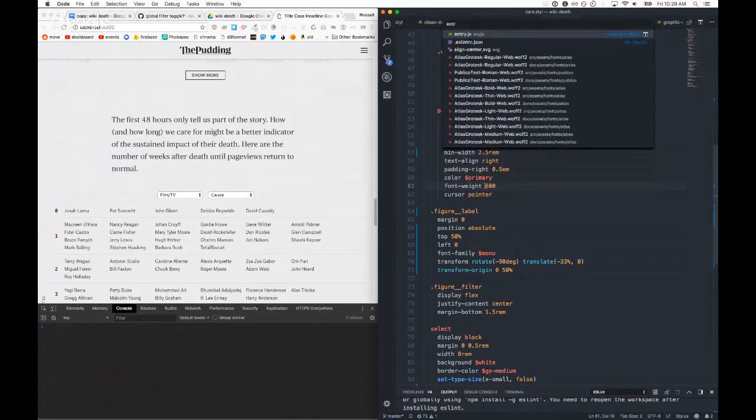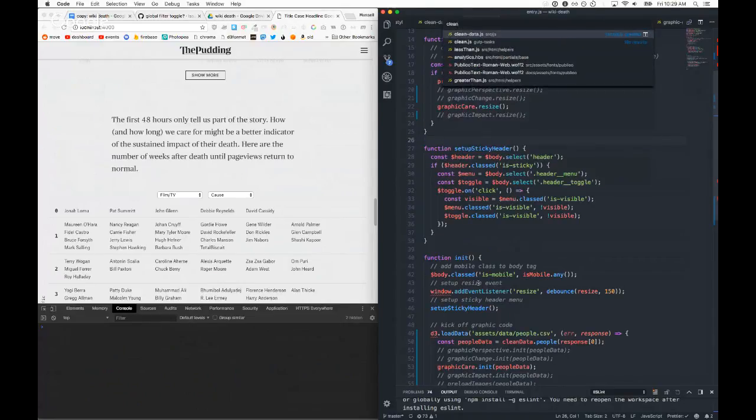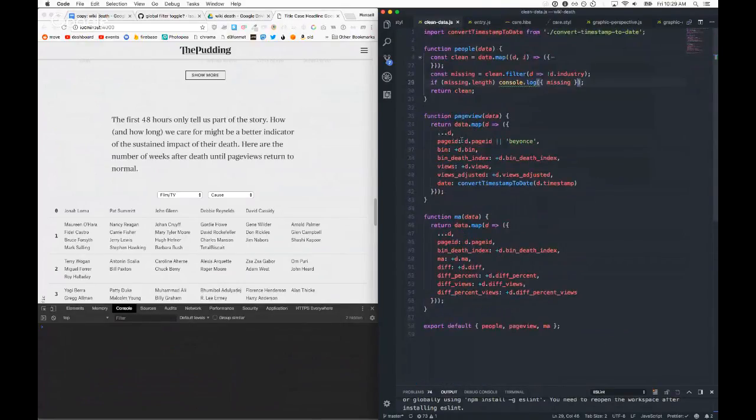Well, I cleaned up the spreadsheet for you, so there's less people. But in cleaning the people data, I also added this little blip to say if there was an empty one, and tell me, but nothing's popping out here. So let's try this again. Yeah, I'm not seeing any empty either, so it's weird.